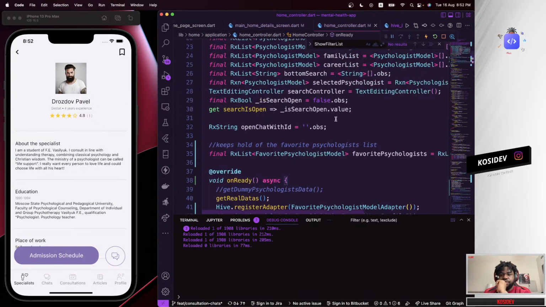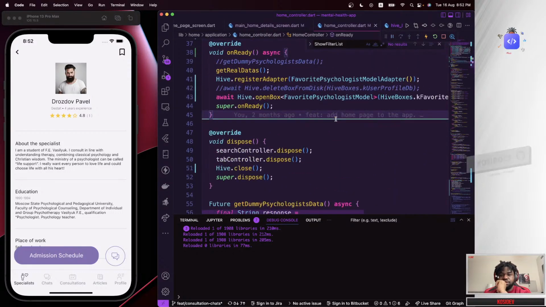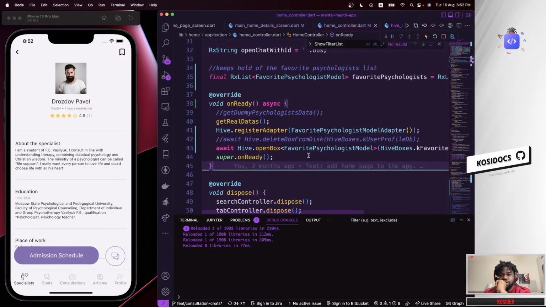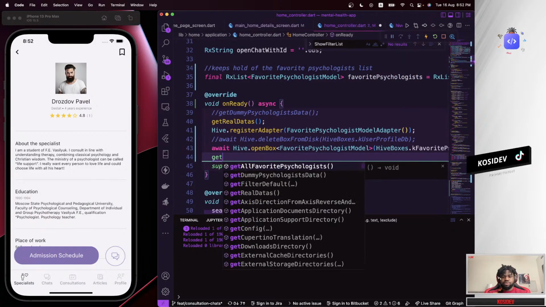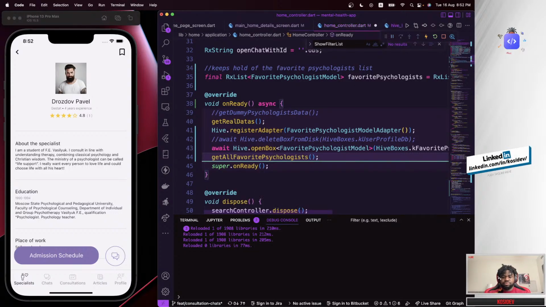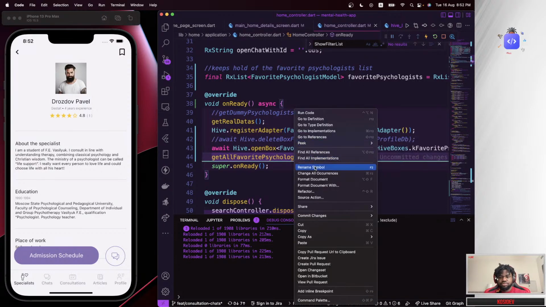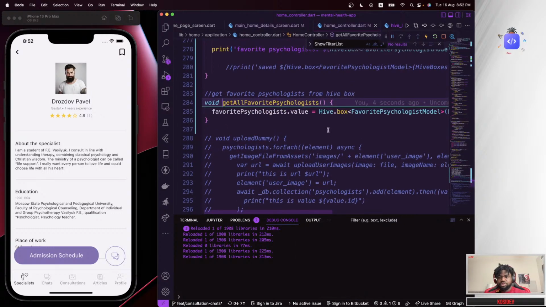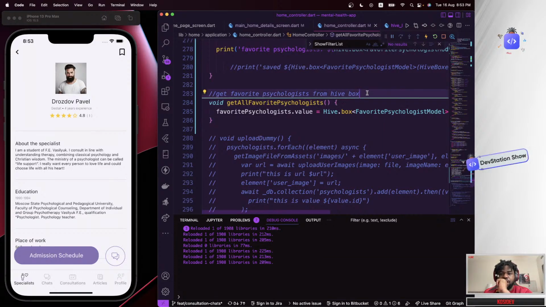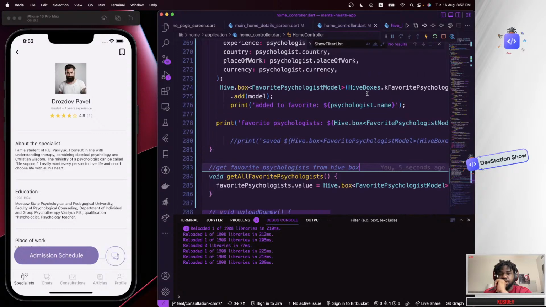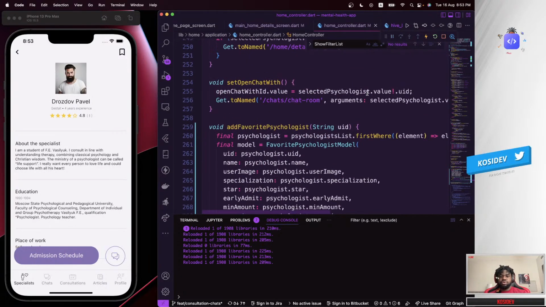So right now, if we initialize this in the onReady function, we could just go ahead and call get all the psychologists, and this will get that for us. So the next will be to actually do the stuff I'm talking about. So we are going to loop through the